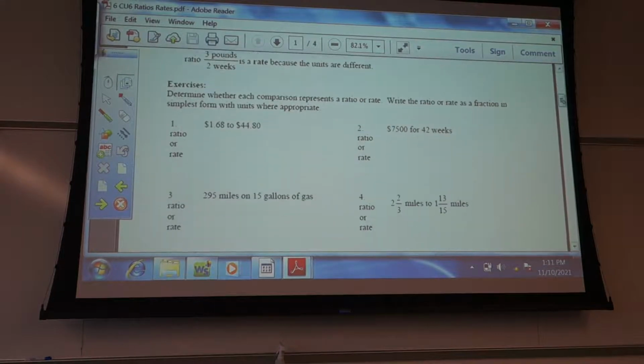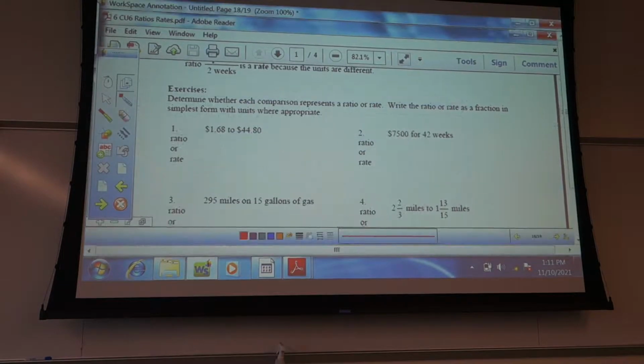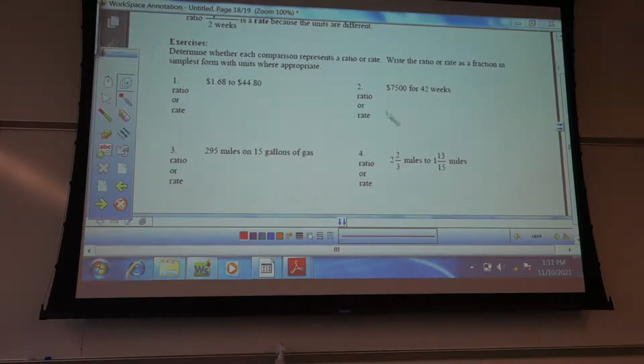So we're going to do a few of these. Exercises. Is this a ratio or a rate? So write down what you think it is. I'll do the first one with you folks. So